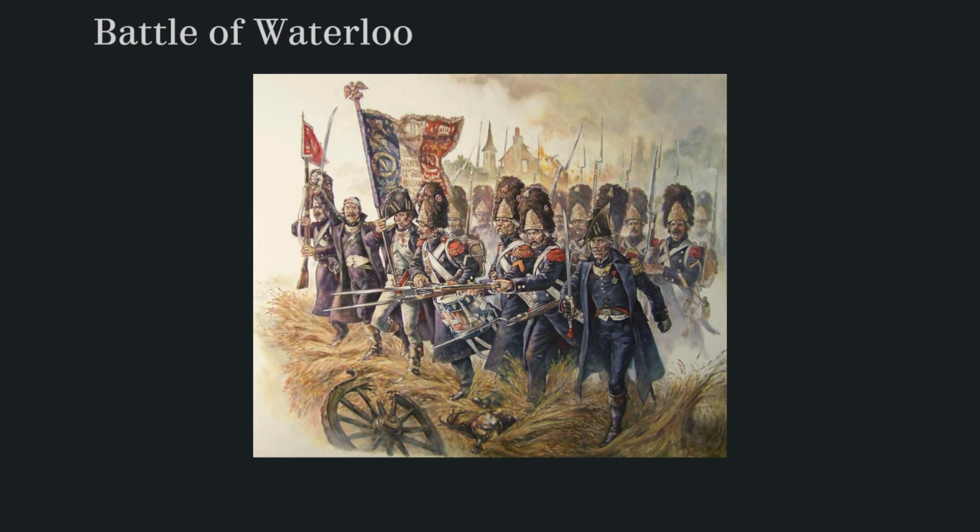At number 5 on our list, we had the Battle of Waterloo. This battle was fought on June 18, 1815. This was a decisive victory for the Allied forces led by the Duke of Wellington over Napoleon Bonaparte's French army. The battle marked the end of Napoleon's reign as Emperor of France and ushered in a period of relative peace